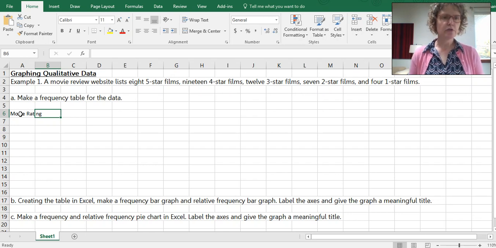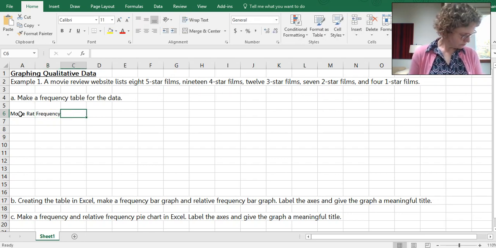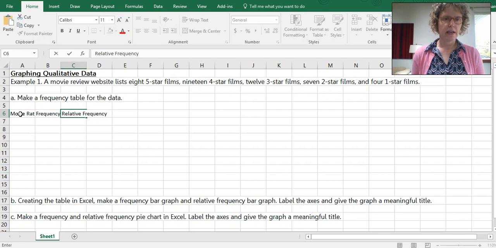It's good practice for Excel. Across the top we had movie rating, frequency, relative frequency, and I'm using the right arrow, or you can use the tab to move over, and cumulative frequency.